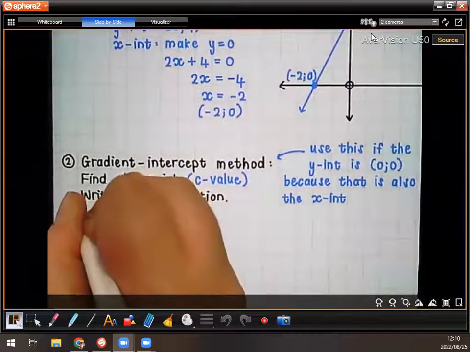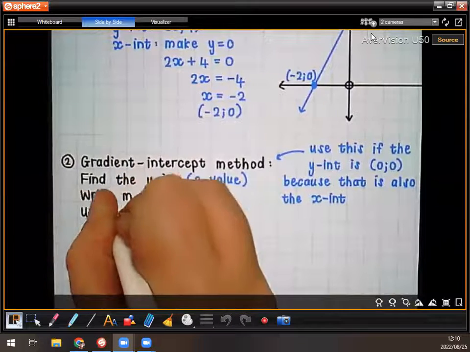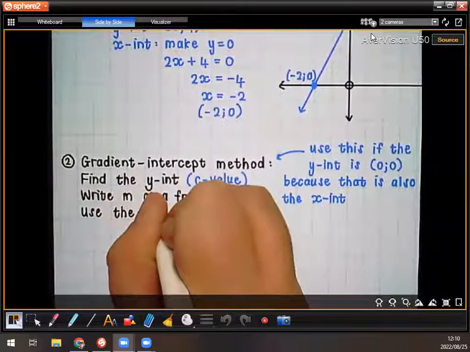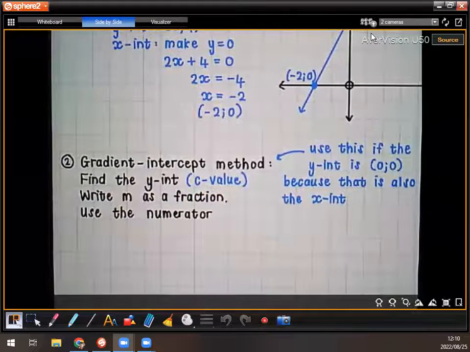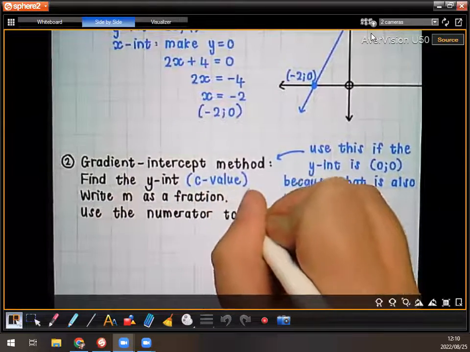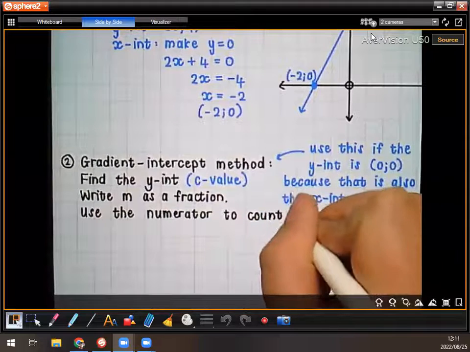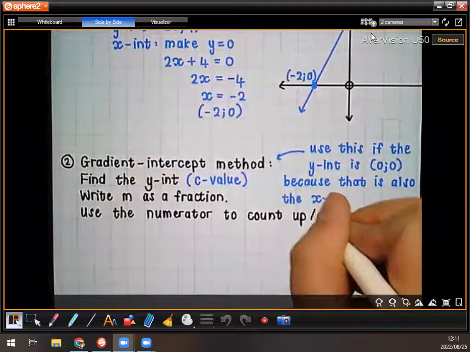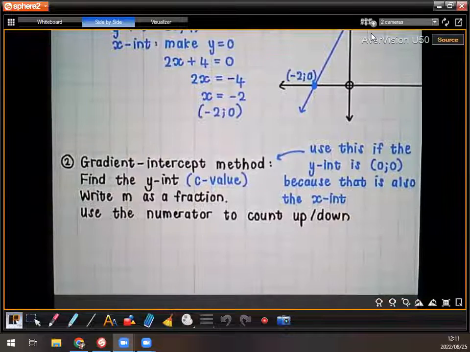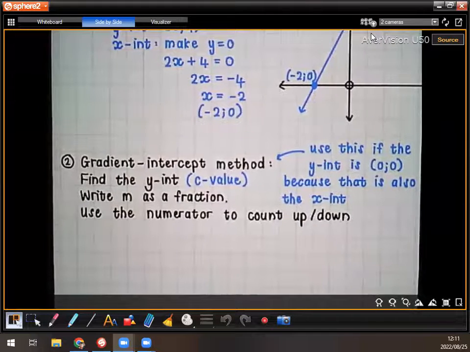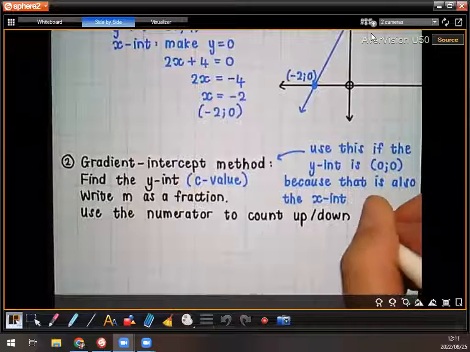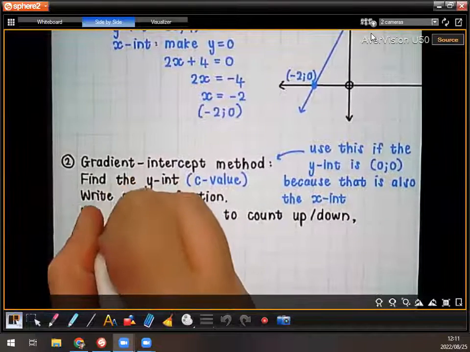And then you are going to use the numerator to count up or down, depending, right? If your numerator is positive, you're going to count, what do you think? Up. If your numerator is negative, you're going to count down, right? Positive is up, negative is down. So using the numerator to count up or down, and the denominator